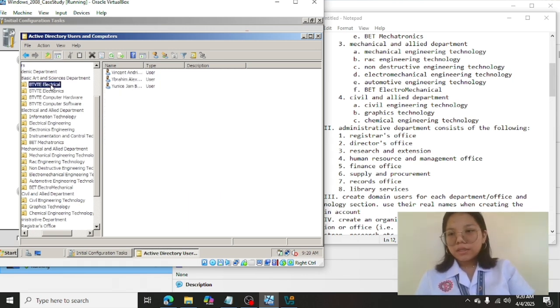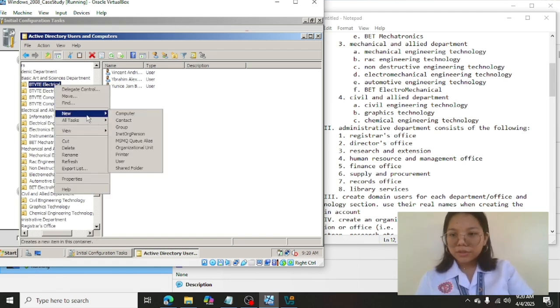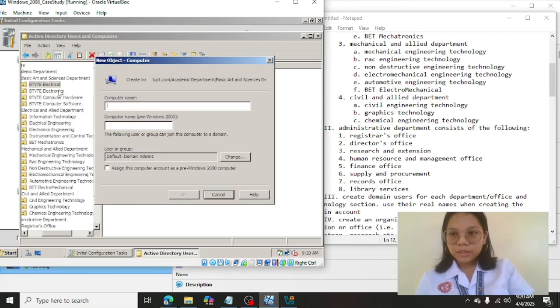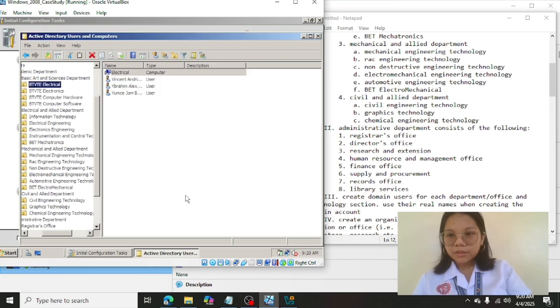So click here and then right click, New, then click on Computer. We'll just name it as its section, like electrical. Then click OK.